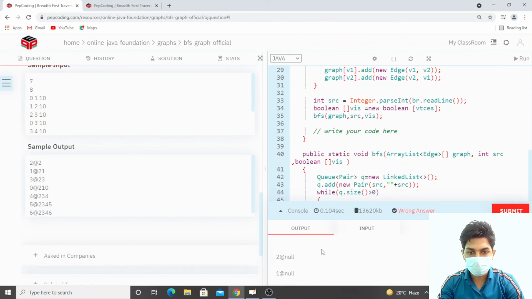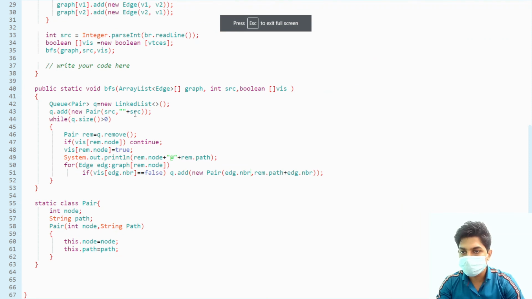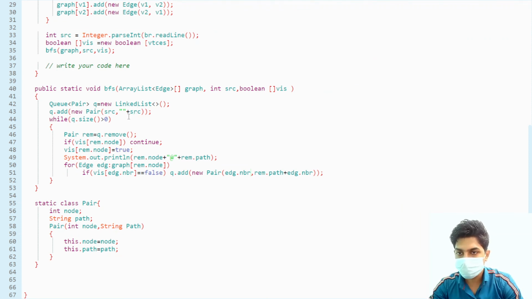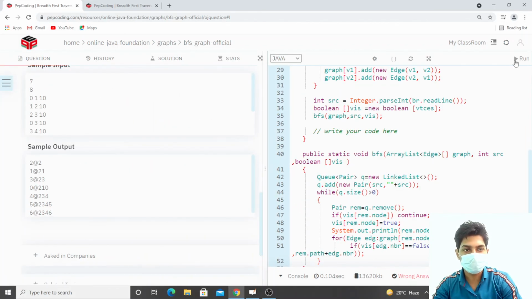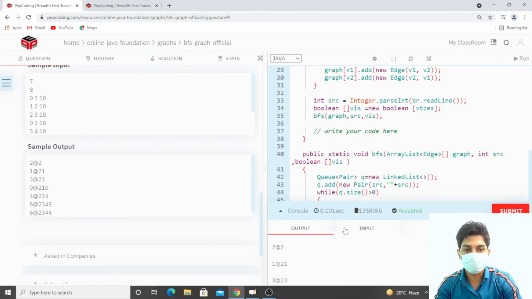Okay, so it is giving a wrong answer, that means we have done something wrong. Let me check the source. So we have passed the source node here. And here also we are adding the new node and the path. It is correct here. Okay, so here is the mistake: here p is capital and I have not written it as small. I think this should work fine now. There was a spelling mistake. So we are now getting the right answer.